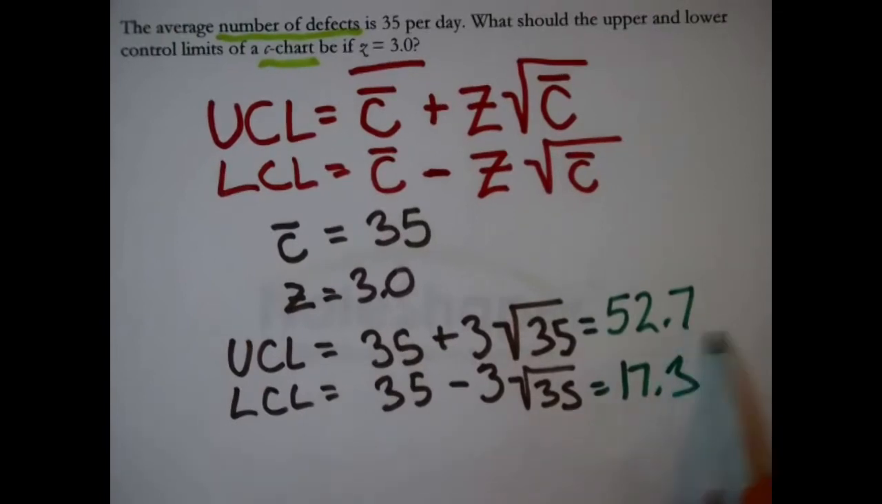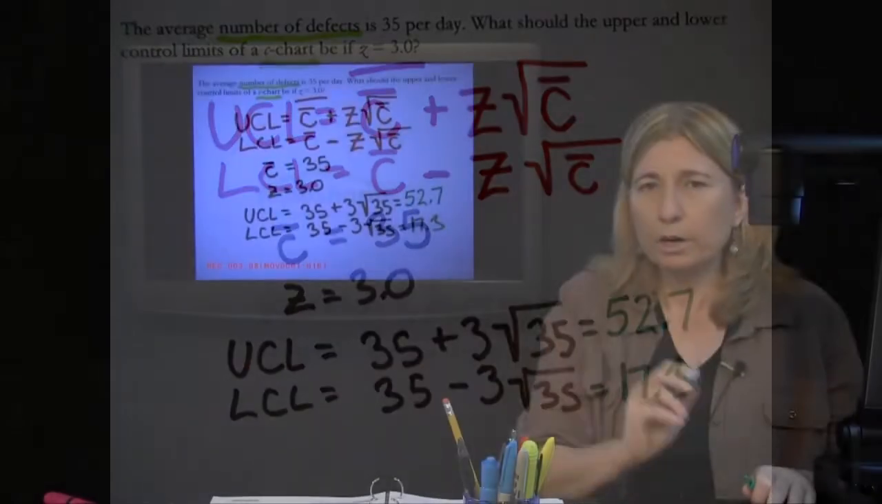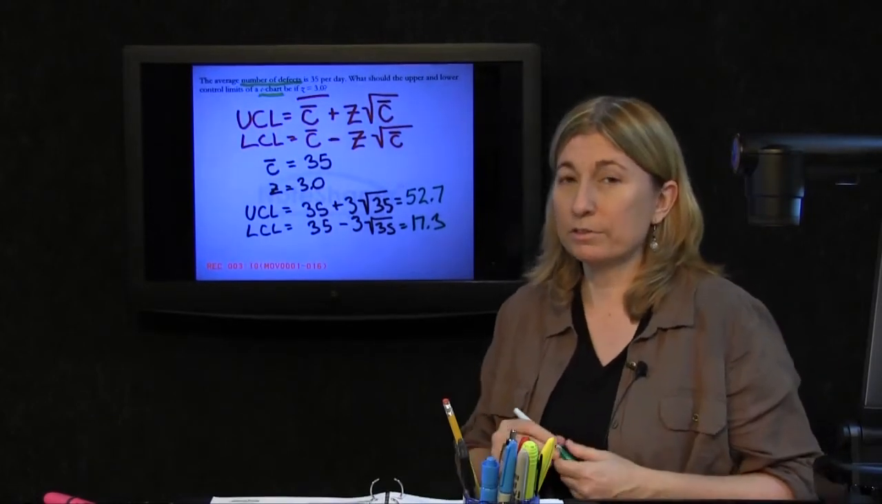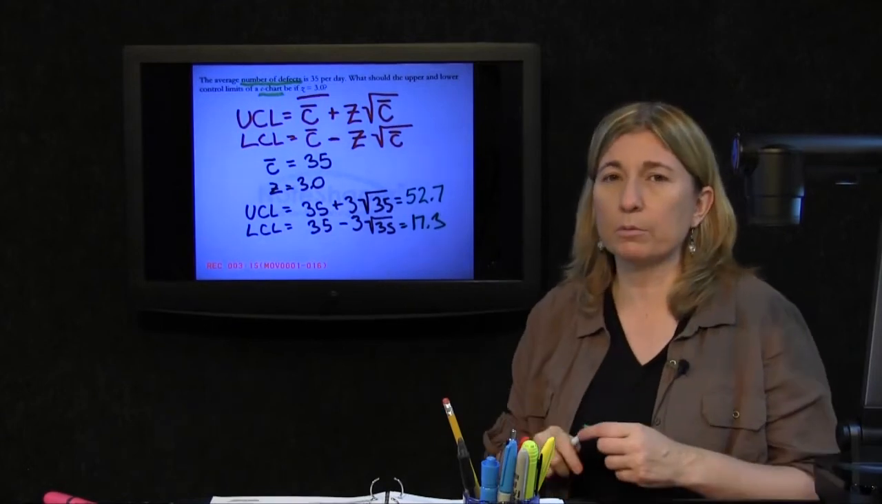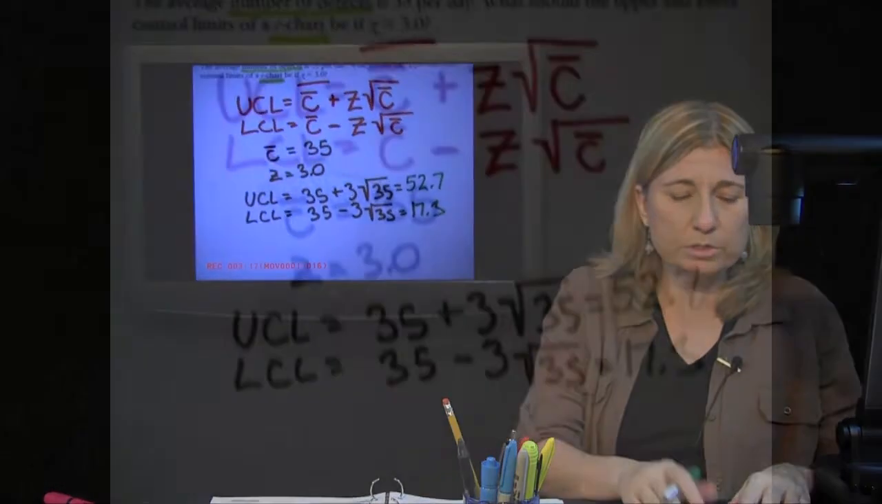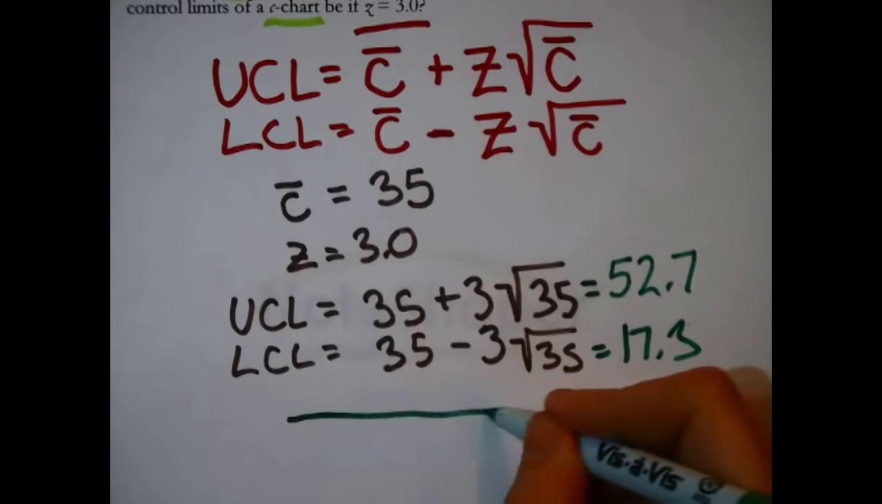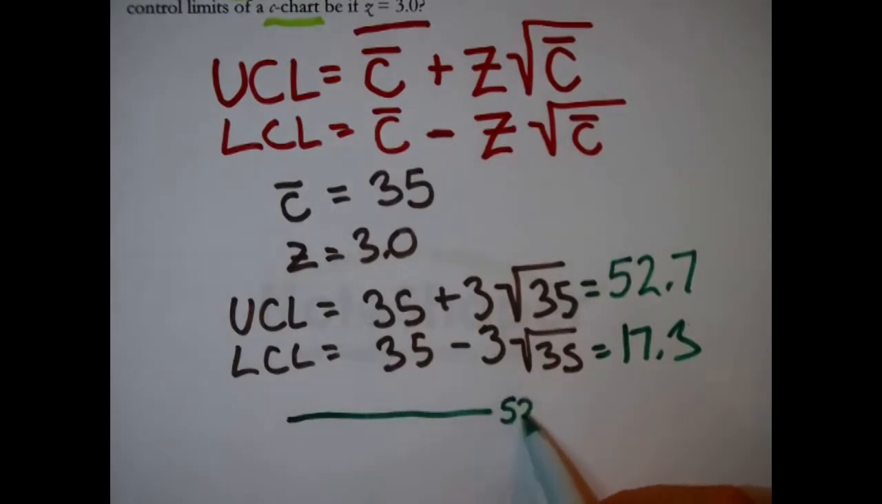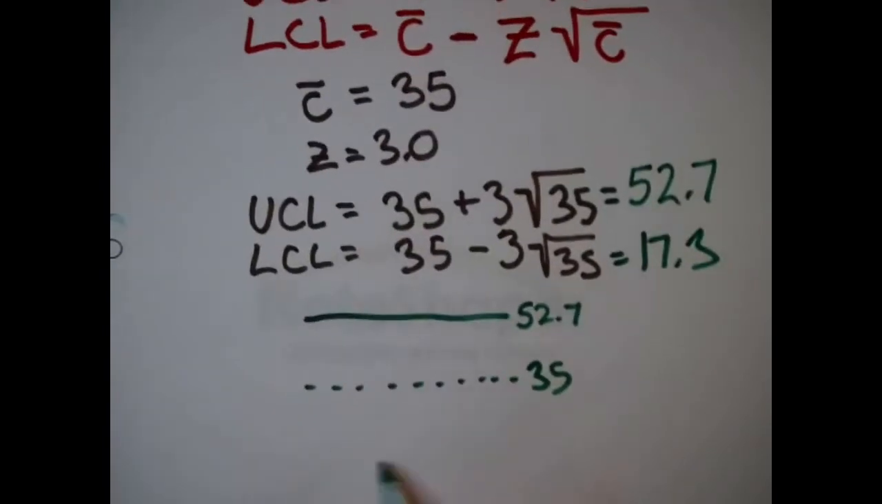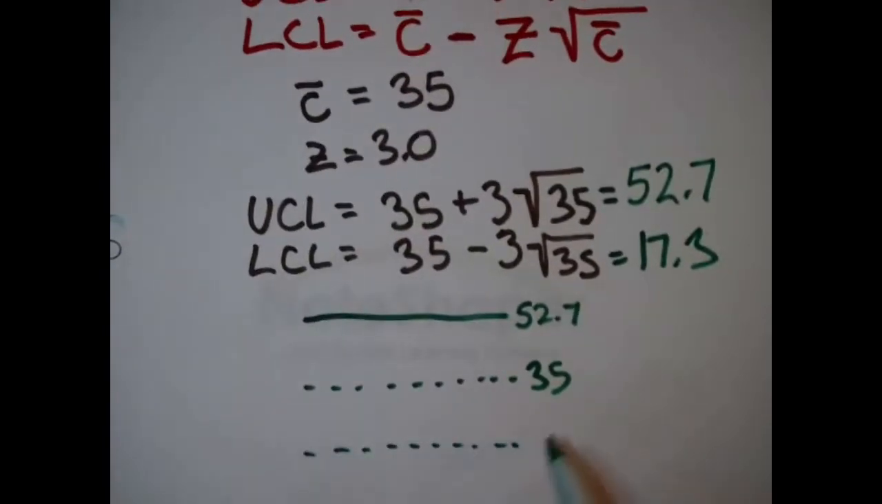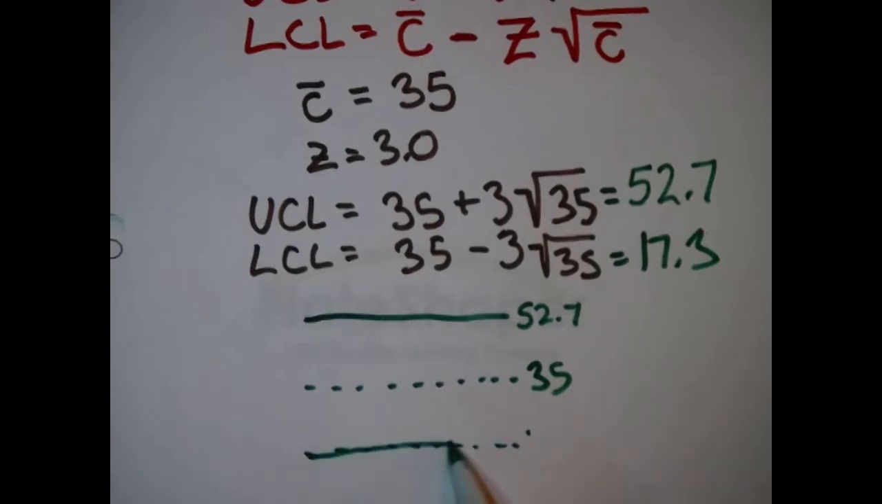You may have some different decimal places depending on how many you kept, but does it really matter? Here's the irony with a C chart. We found the limits, but let's think about it. What would this chart look like? In this particular situation, 52.7 is the most defects you want to see in a day before you get alarmed. 35 is the average number of defects you see in a day. And then down here, make that a solid line,